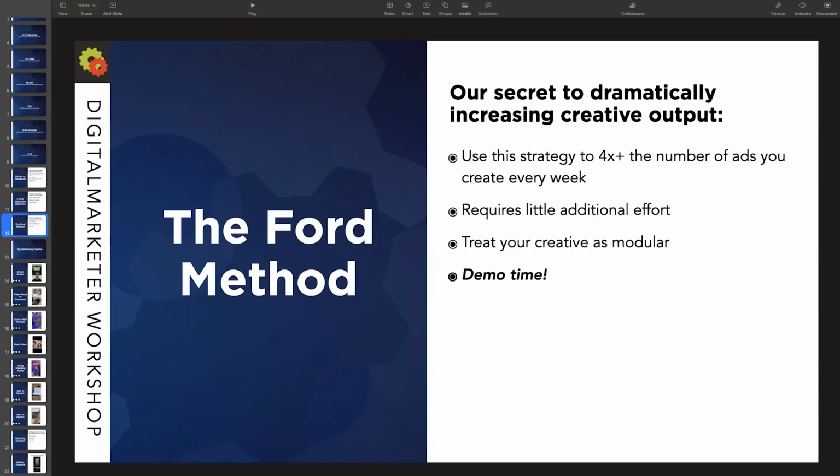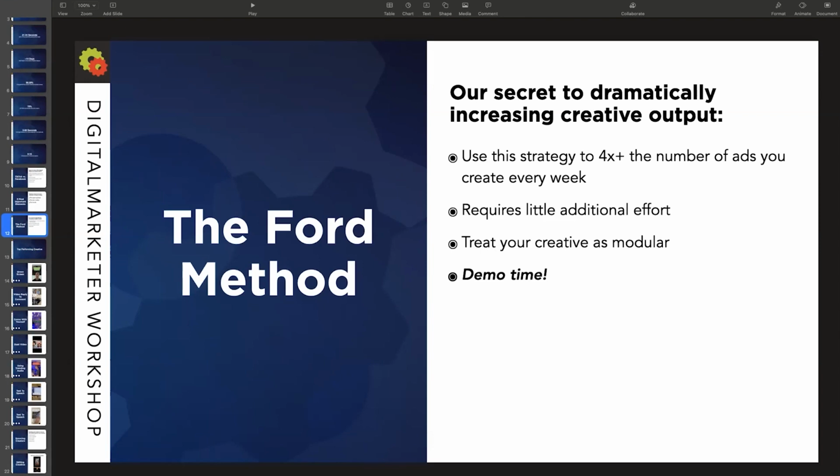So the Ford method, this is our strategy for maximizing creative output. The reason we call it the Ford method is basically we've turned the creative process into an assembly line where each station works on a part. So the key to the strategy is taking what used to be looked at as a singular entity, which is a video for an ad, and instead breaking that up into modular components.